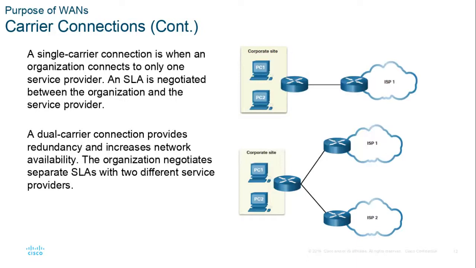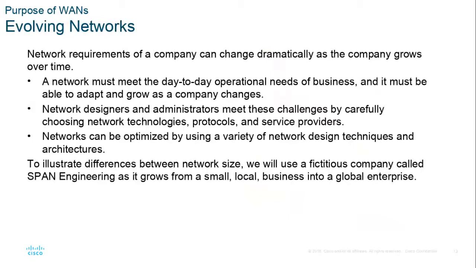So a single carrier connection is when you only go to one provider. So I've only got a single connection to AT&T. Now, what if I got another connection besides my existing AT&T connection, maybe a connection to a cable company as well. And you can get routers that will connect to both of them and automatically load balance between them and use one if the other fails. But of course, it's more expensive. You have to pay 2 bills.